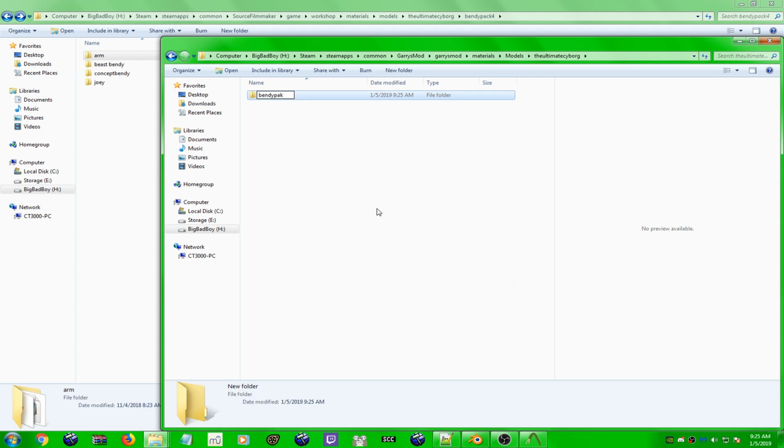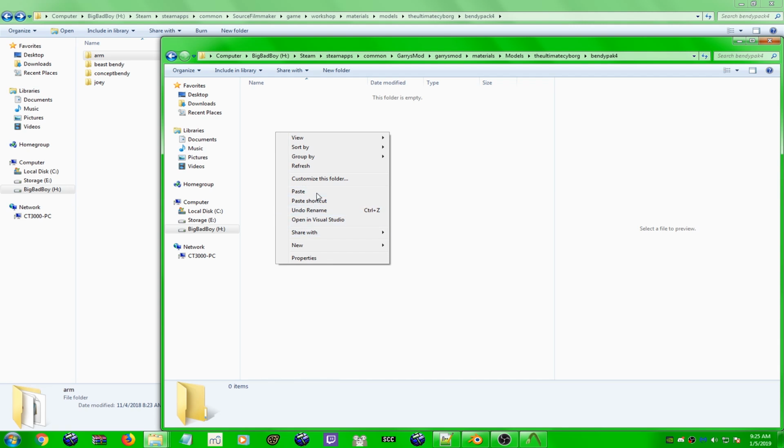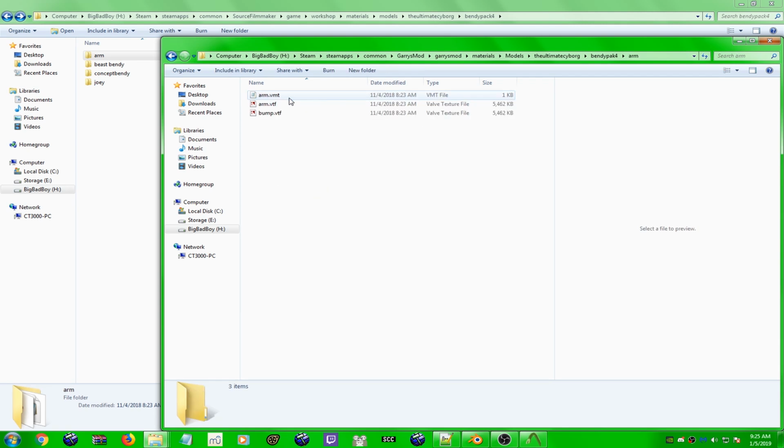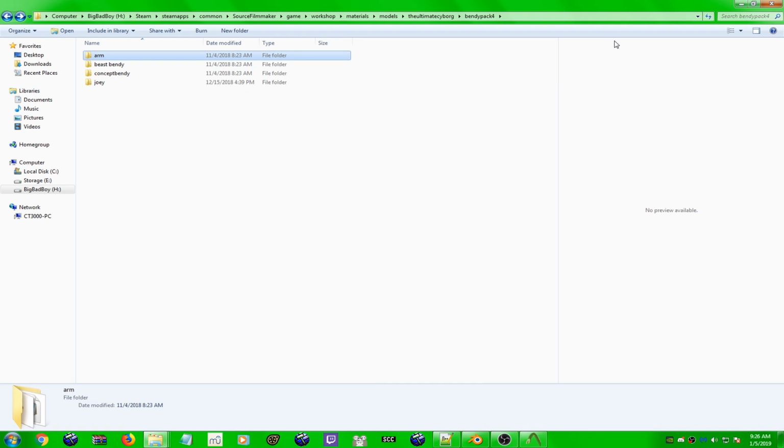Now, if you just copied the whole thing over, you'd get the other textures as well, which you may or may not need, and paste in your ARM. So now we have these textures where they need to be for this model to work. Just to check everything out, what we can do is,